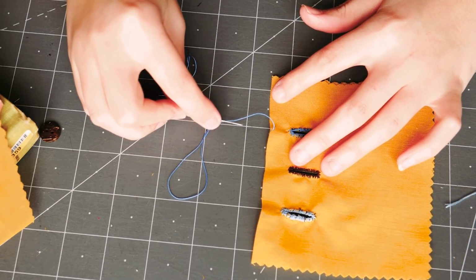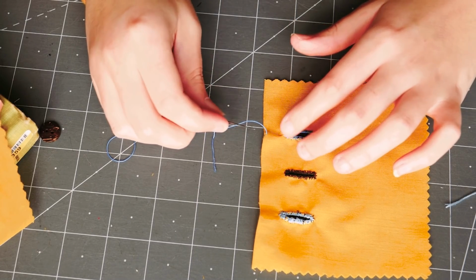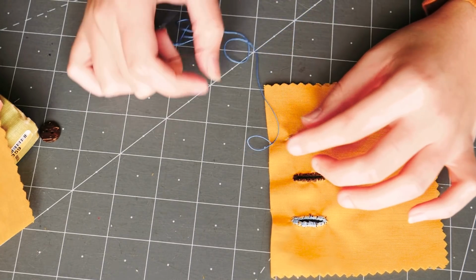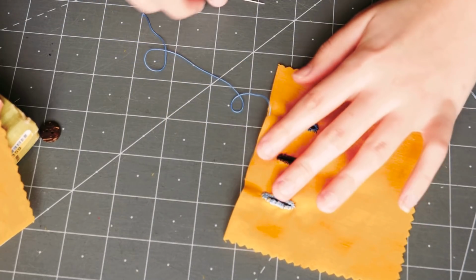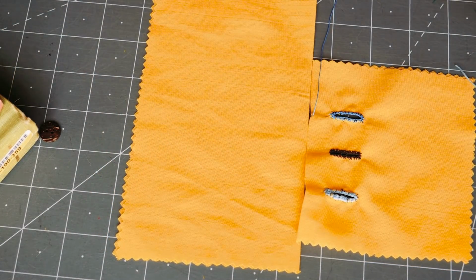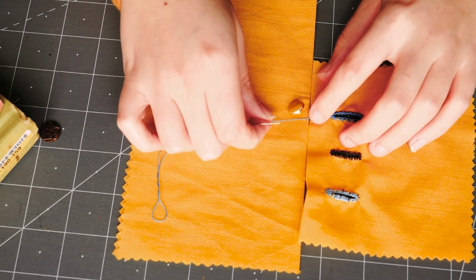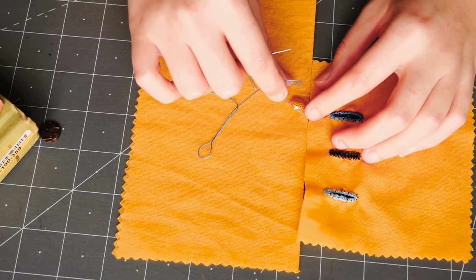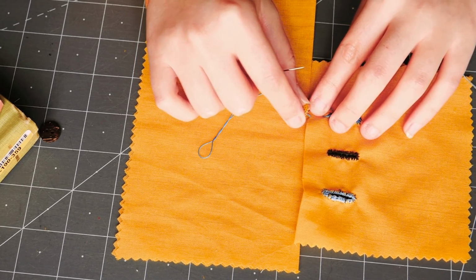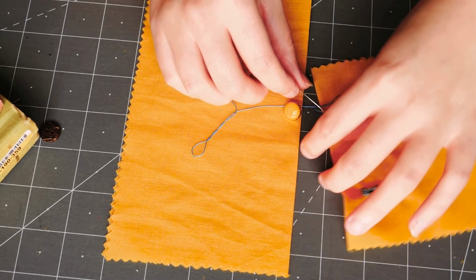So you'll imagine that your button would be over here. You do a couple of stitches. Now you can position this in a bunch of different ways. You can make it look more like a balloon, or you can make it look more like a loop. Obviously you would need the other bit of fabric with your button there, and usually I would just try and figure out how long that needs to be by doing this. And remember, you don't want it to be too loose, otherwise you'll lose the tension in the closure. So I think this would be about right, and then I just put my needle back in